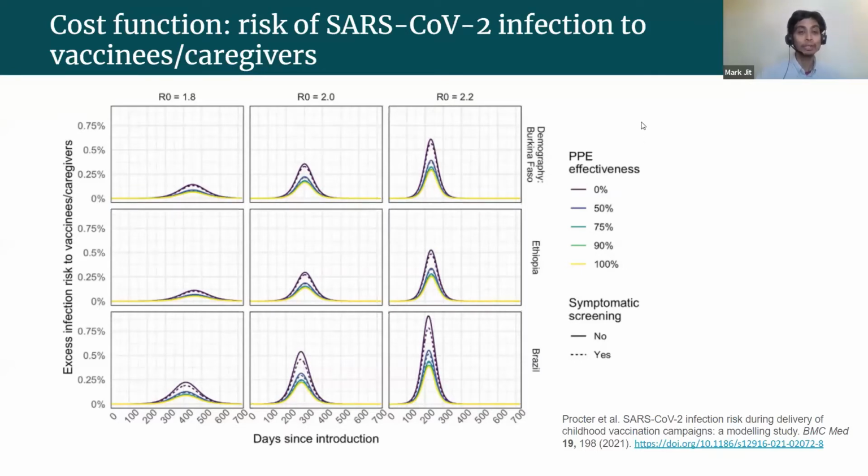But this could be massively decreased with some kind of protective means if both the vaccinees and the vaccinators are wearing adequate PPE. So the vaccinators have a good standard of PPE and the vaccinees are at least wearing face coverings. If there's some sort of symptomatic screening of the vaccinators, so that, you know, they're told if you're feeling unwell, don't come to work, and they comply with that, then actually the risk can be massively decreased by quite a lot. This was the main take-home message of this paper. It just appeared recently in BMC Medicine.